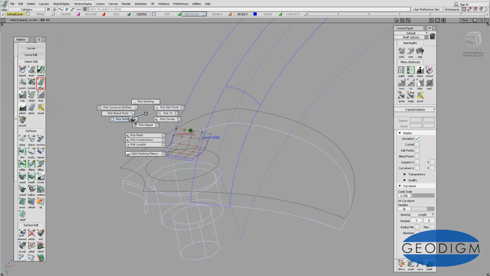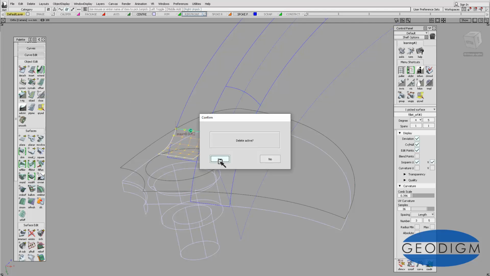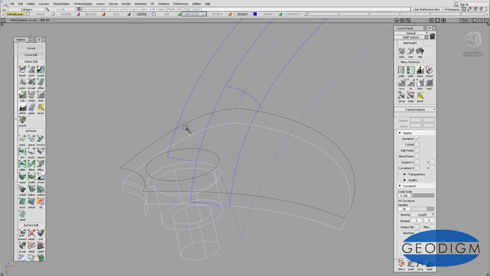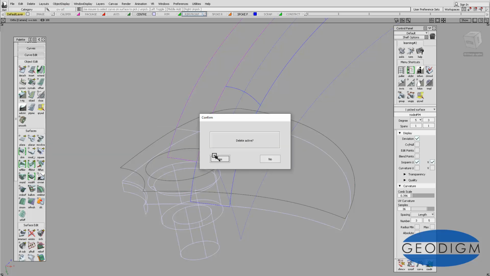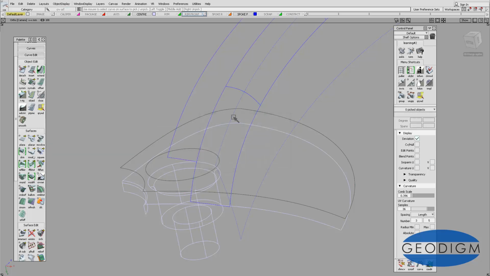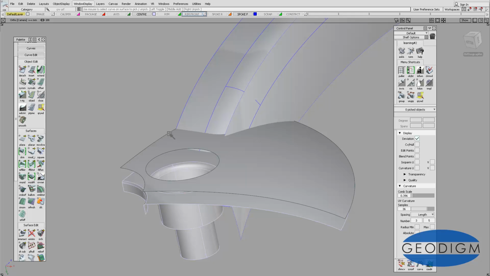So now what we want to do is get rid of that surface, get rid of that fillet, because we're going to build a new one. We also want to make sure that we clean up the curves on surface after us. And if we go into hardware shade, on this edge, because this is going to form a curve which is the intersect of this surface and this surface, it's important that curve is tangent into the symmetry